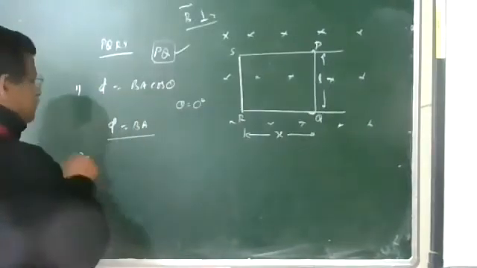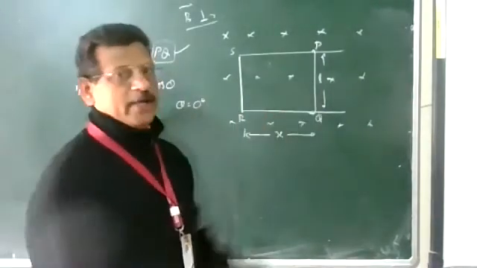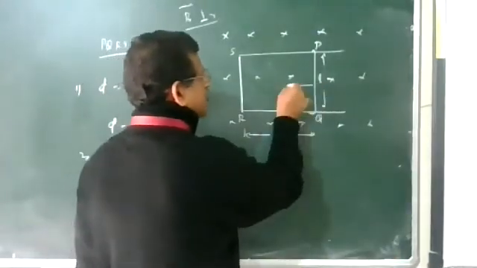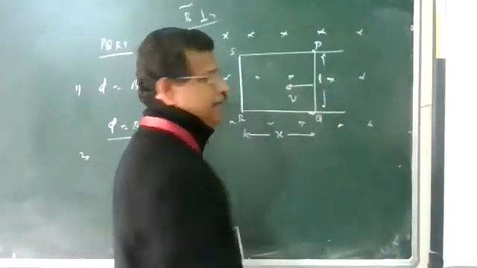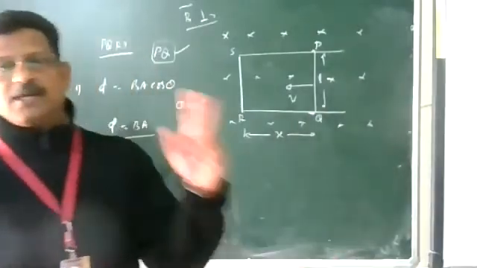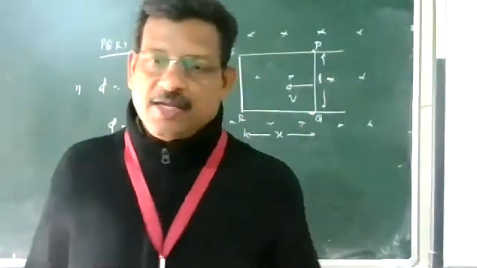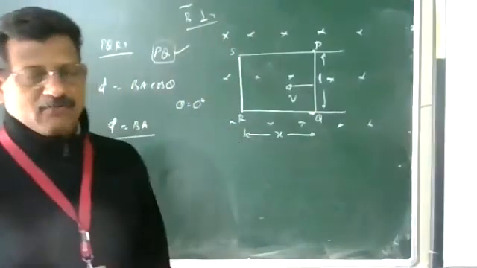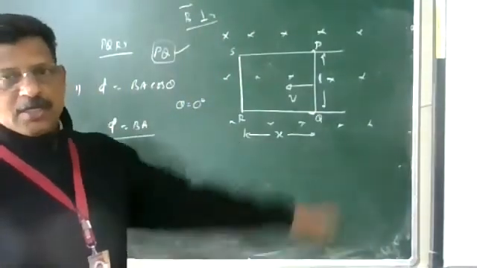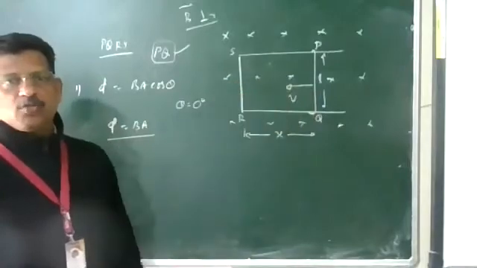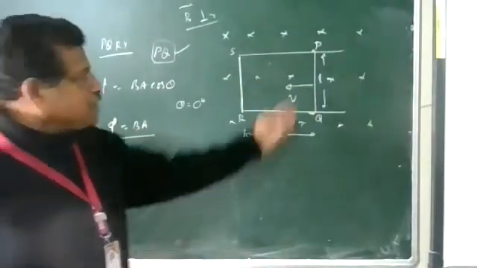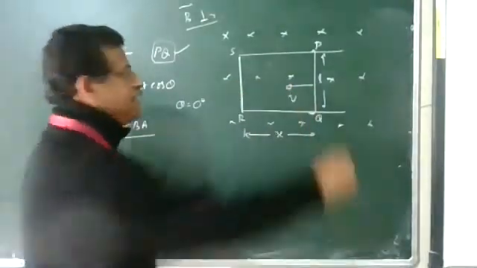Next, point number 2. Suppose the conductor is moving towards the left side or right side with velocity v. The conductor is moving perpendicular to the magnetic field. Current is induced, and the direction is given by Fleming's right hand rule. Last class yesterday we saw this point. But let the conductor be moving with constant velocity towards the left side.